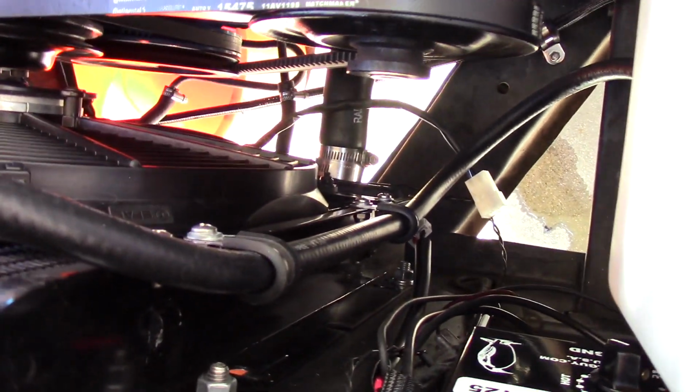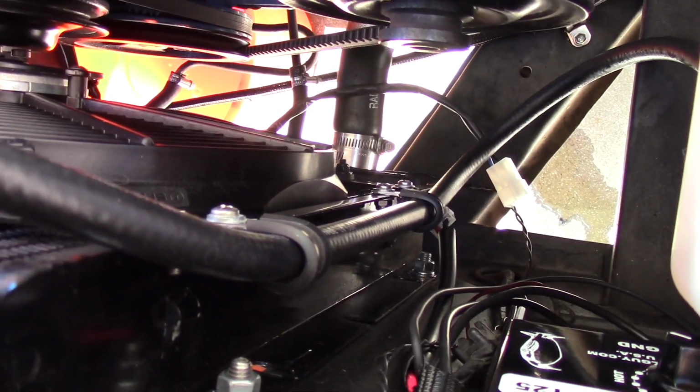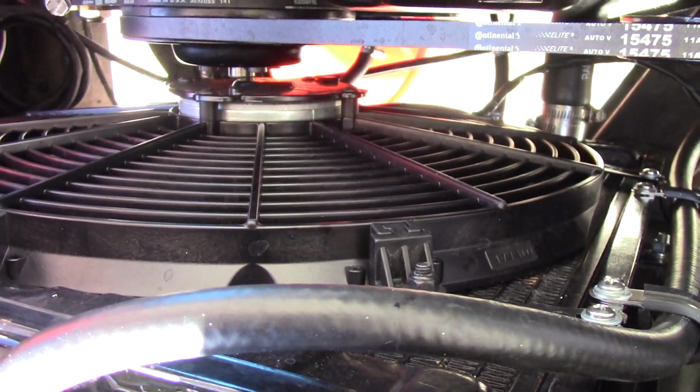I'm going to disconnect the overflow line. I used some nice P-clips when I did this, so I'm going to take those off. I'm going to leave the fan on it, and I'm going to take the fan out with the radiator out of here, because it's just so much easier to get to that way. And,